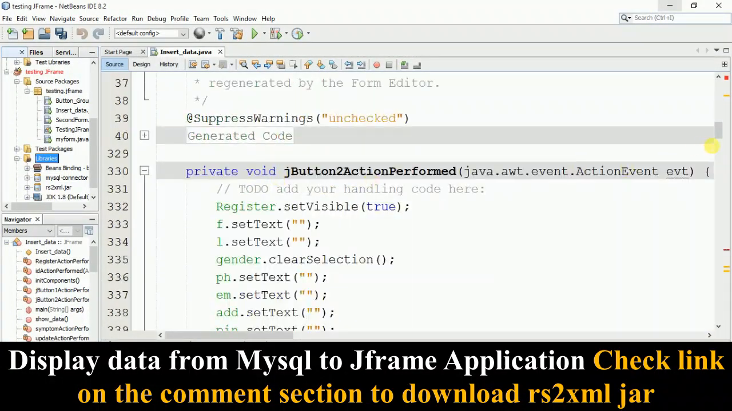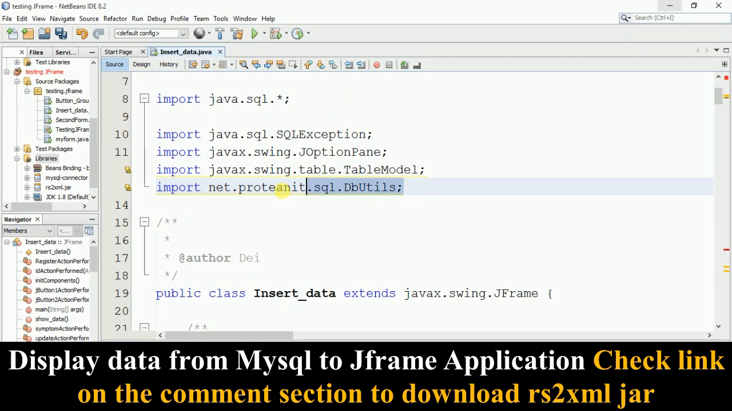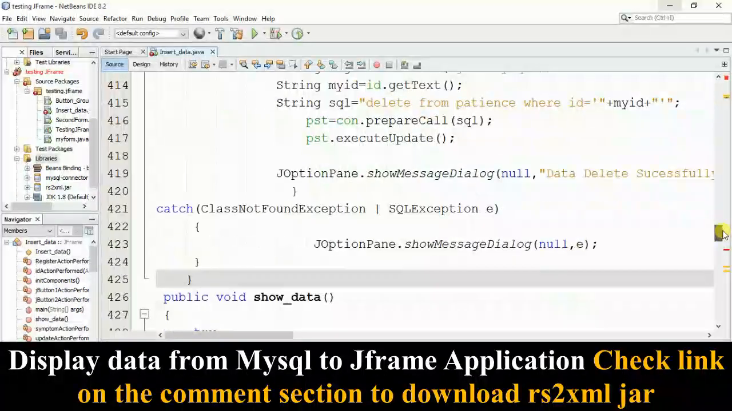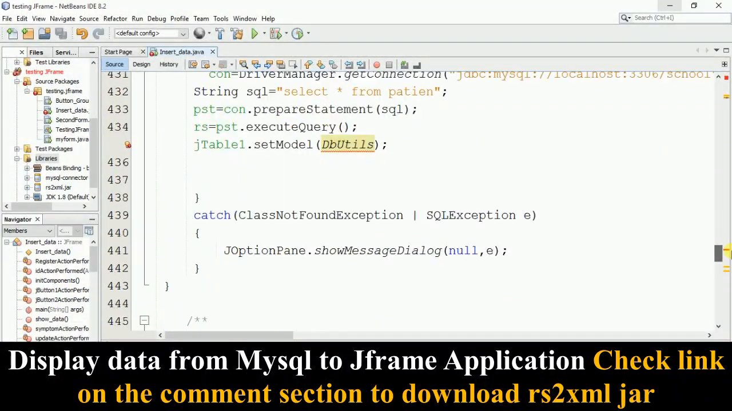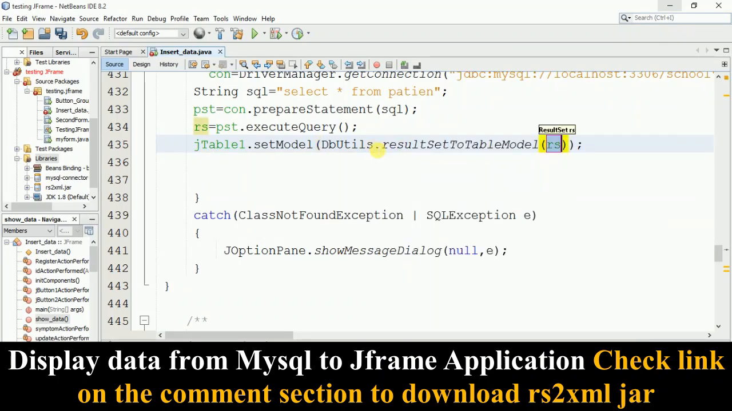So for the import in here, I already imported it. The code for the import is net.proteanit.sql.DbUtils. So that was the problem. When I go back to my display code, you'll find the error here. When I click dot here, it will display this ResultSetModel. I just select this ResultSetModel,